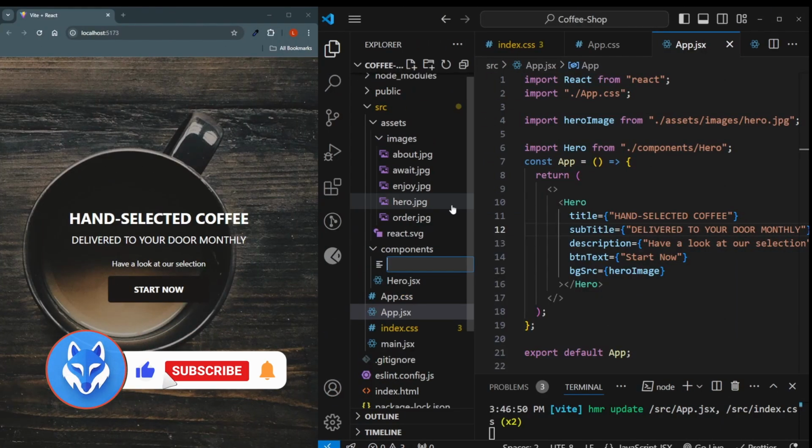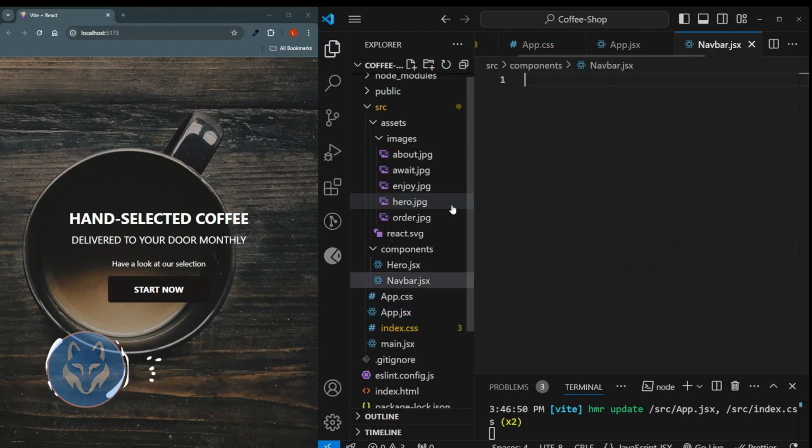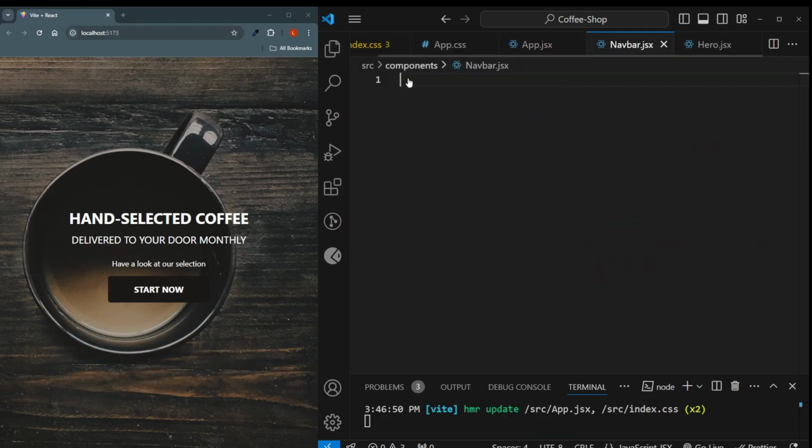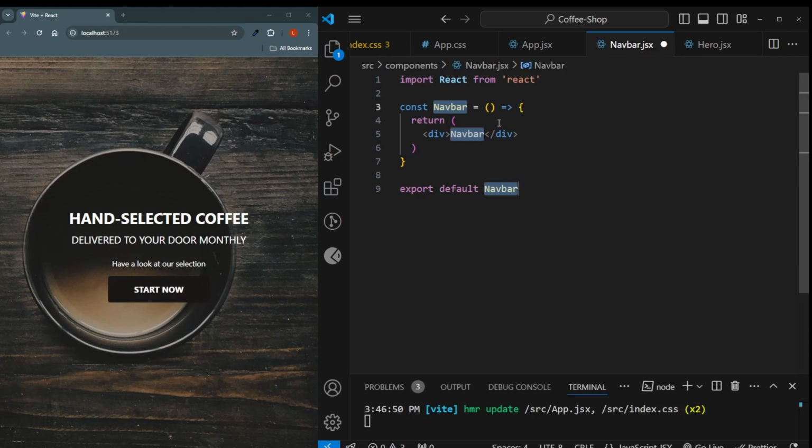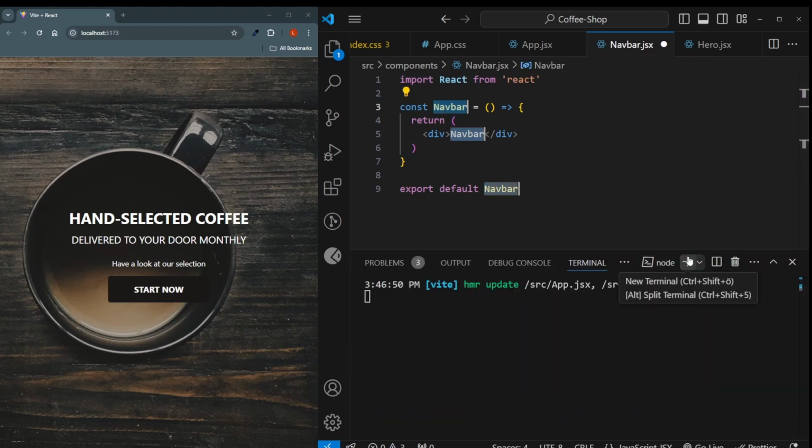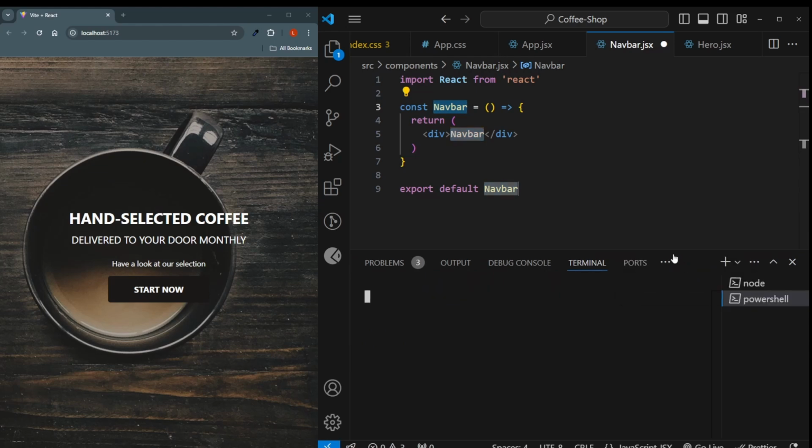As for the navbar, I create a new JSX file called navbar.jsx in our components folder, and then let's work on that. I'll say rfc, and this will create our basic structure. And before we move any further with this, I will create here a new terminal